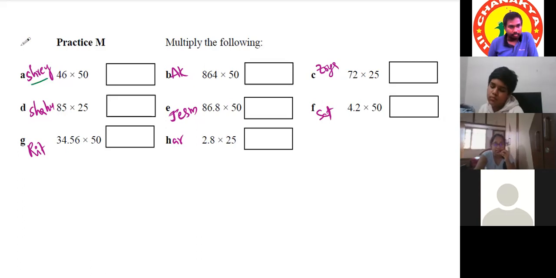We have to divide 46 by 2, and it will become 23. As there's no remainder left, the remainder is 0. Then the last digits will be 0, 0. Very good. Because 50 will make it 100, that's why 2 zeros. Then Akash. The answer is 432 because we have to divide this number by 2. As there is no remainder, the 2 digits will be 0 and 0. So that means 43,200. Very good.